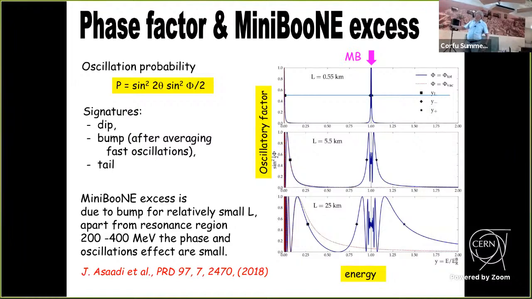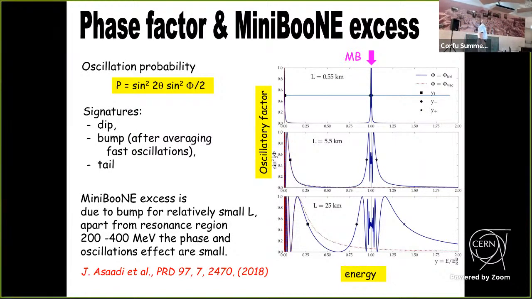And normally what you have is a very small effect if you have LSND and no sterile neutrinos. But in a certain range near the resonance, you have a big phase and therefore an oscillation effect. So in this way, you have a strong oscillation effect in a very narrow energy range. And that was proposed to be used to explain the MiniBooNE excess